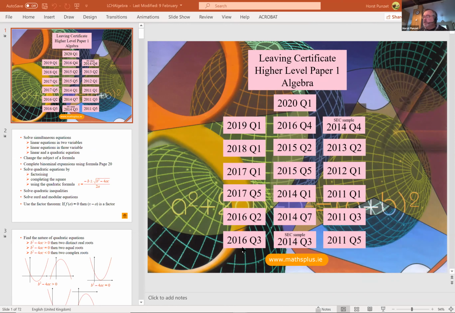So I want to start with a little bit of algebra. There tends to be only one algebra question on the paper, but algebra is the basis of everything. Whether it's complex numbers or calculus, there is a huge amount of algebra involved on the paper. Then after that, we'll have a look at some calculus, the two major topics that come up